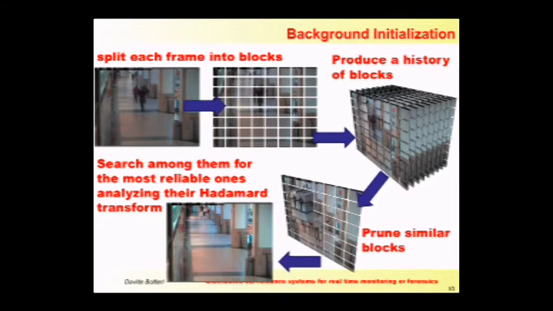Then we prune similar blocks, and we keep only the various different candidates for each block position, and by using some characteristics of the Hadamard transform, we can compute the correct background blocks by analyzing their frequency characteristics